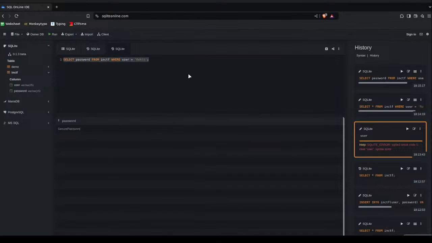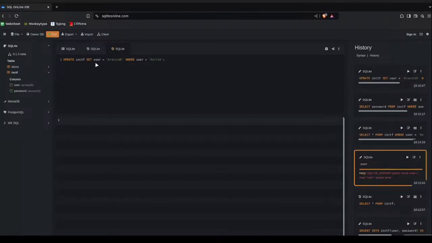Now I can do update InCTF, which is the table, and set the user name. User is equal to Aravind. And now I need to specify where. If I do this without it, you can see the whole table will be updated. So I need to specifically point to a single row where the value has to be changed. So where the current user is equal to Karthik. Now if I execute the query,